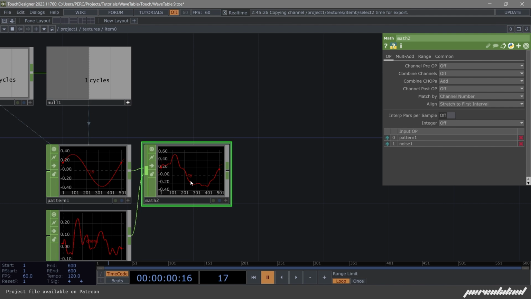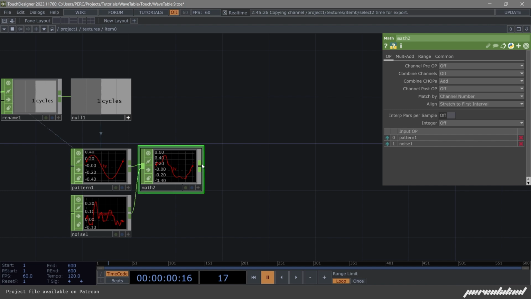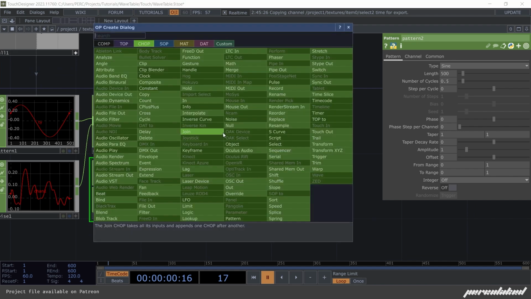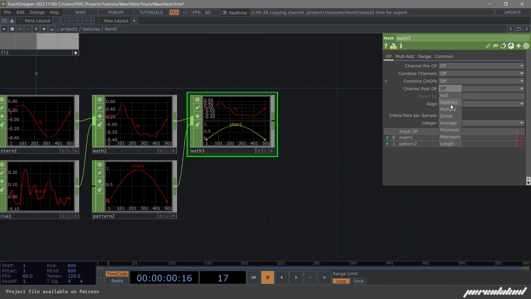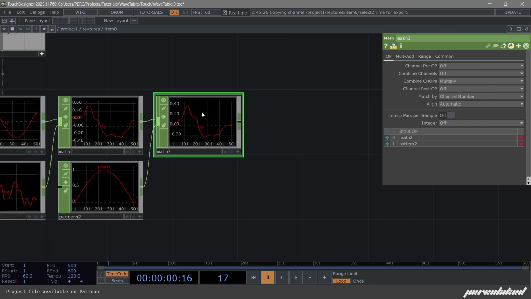Now I'm gonna make this shape a little bit rounder, and the ending and the beginning are at 0, so that each wave can connect into each other. I'm gonna add another pattern, also length 500 and number of cycles 0.5, so we have this nice heel, and we can multiply these two together with a math, combine chops, multiply, and now the start and the end are both at 0, so all of them can connect